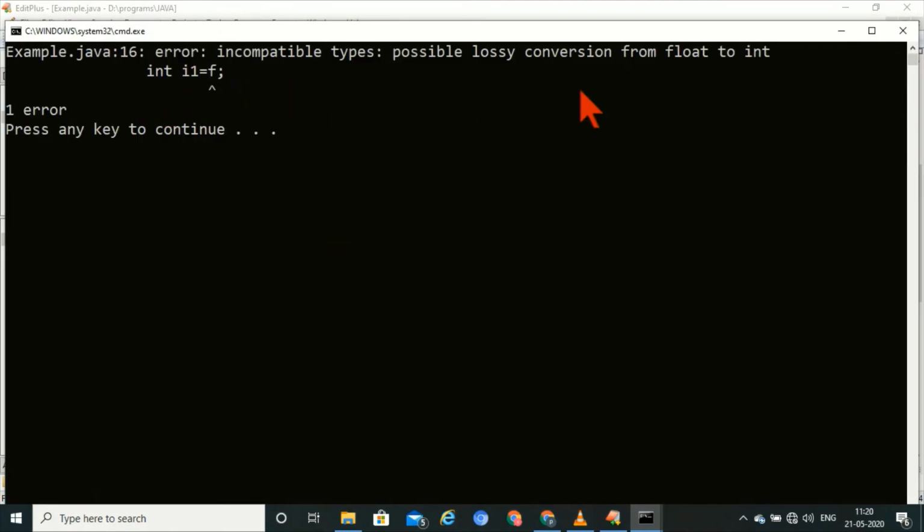So this also throws an error, possible loss of conversion from float to int.